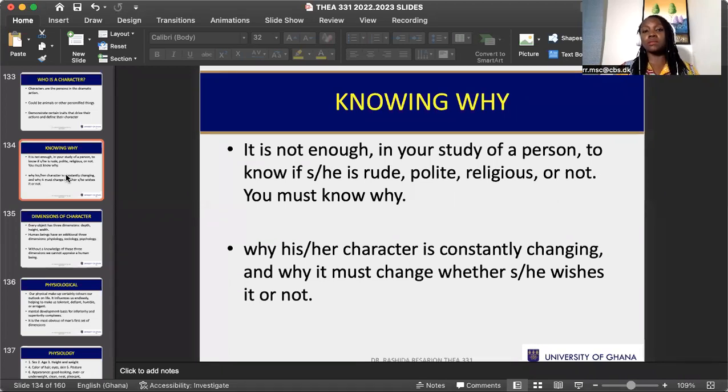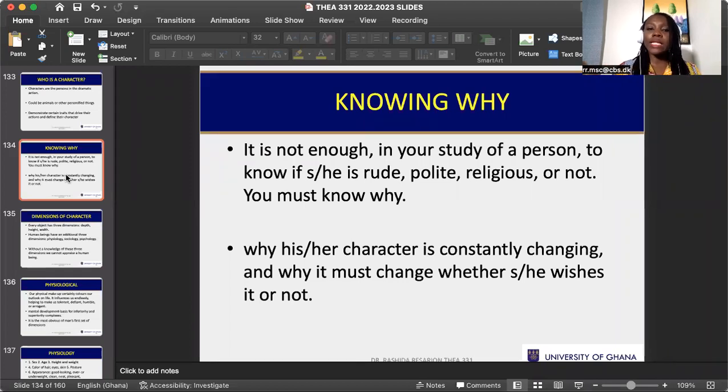So that you don't just say, oh, this person is rude. You meet the person the first time and you say this person is rude, this person is that, without knowing why. Of course, it is not always that you get the opportunity to even find out why. Sometimes you just meet somebody for the first time and briefly, and you form your opinion about the person, and you might never even have the chance to see the person again. But unfortunately, we carry the same attitude to people we encounter all the time. We don't spend enough time to look beyond what we see.